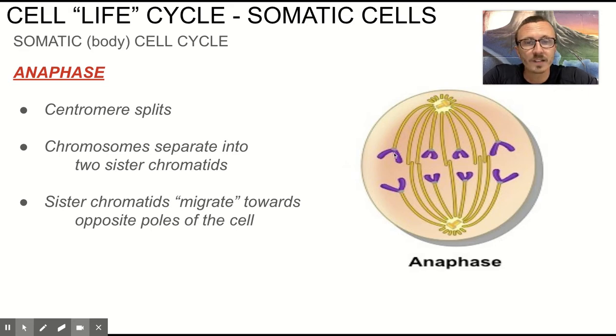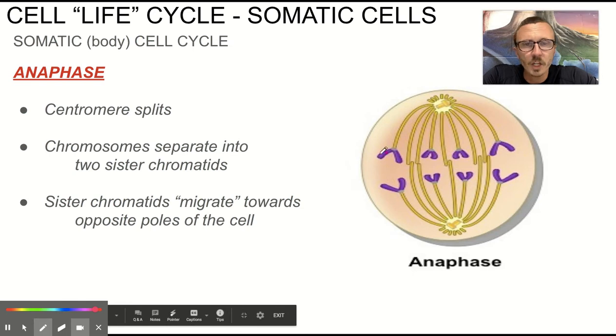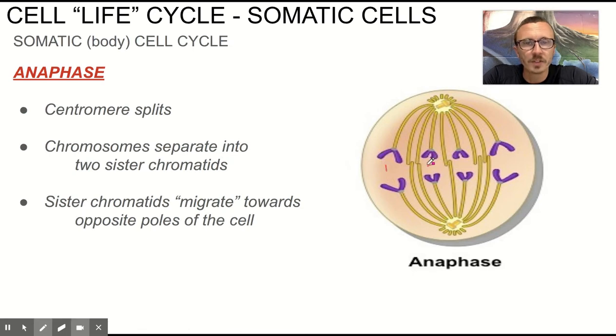Now remember, these guys were attached together and they were sister chromatids, so they were identical, right? And so maybe this was the type 1 chromosome, this was the type 2, this was the type 3, and the type 4. These guys were identical, they were identical, they were identical. So it makes sense to split them apart, because now these chromatids will slowly make their way to the opposite side of the cell and ensure that the two new daughter cells will each have the right number and right types of chromosomes. Now, sometimes this division of chromosomes does not work out right,